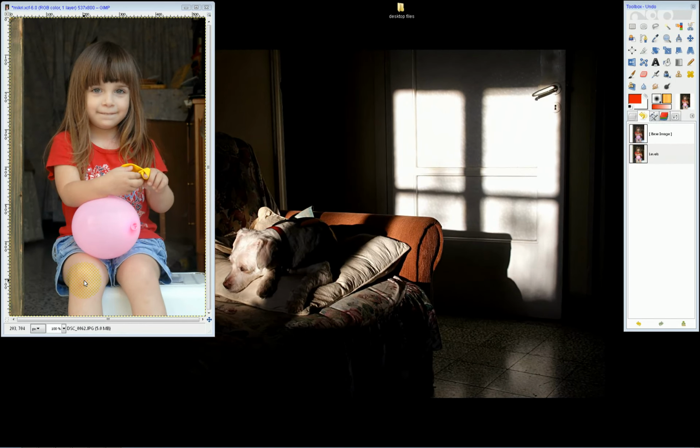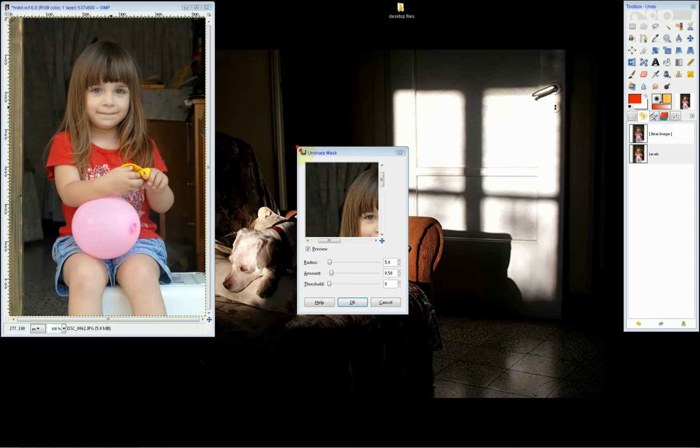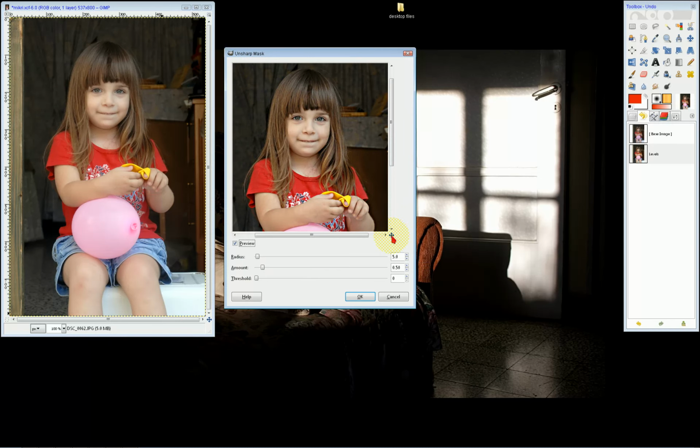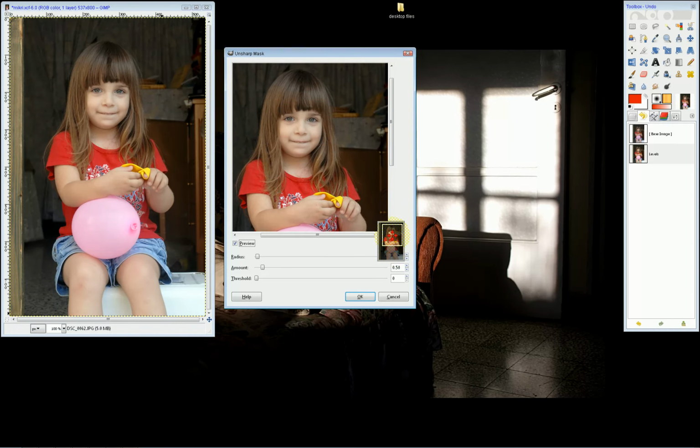Firstly, I zoom to normal size, that is to say at 100%. Filters, enhance, unsharp mask. The three dots at the end indicate a dialog. The dialog is resizable. This navigator button helps me pan for the critical areas, which in this case must be